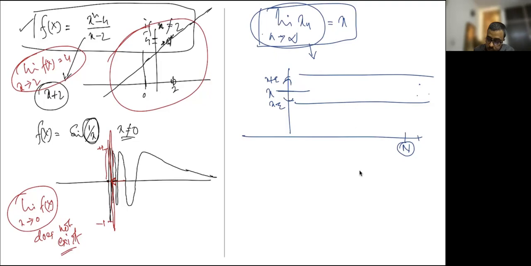So in that sense, it is getting closer to plus infinity. So here also it is going to be the same. So we will say that the limit of a function is going to be, let's say, L if,